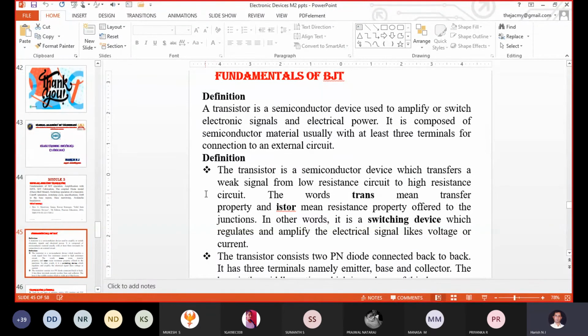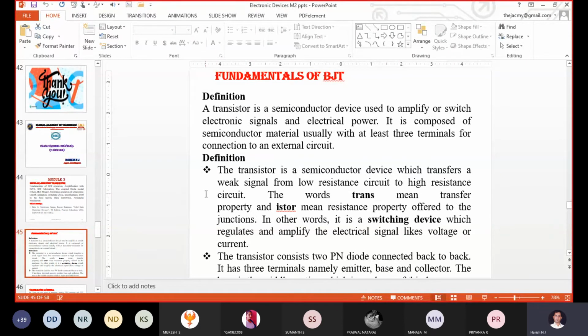Why are we using the two modes of operation of the transistor? We are using them for representing the switching action. Switch means what? There are two modes: one is the on mode, the other is the off mode. The on mode of the switch is represented with the saturation region. The cutoff region is used for representing the switch off condition. Saturation is on condition, cutoff is off condition.